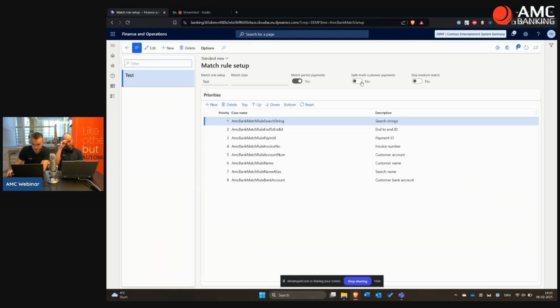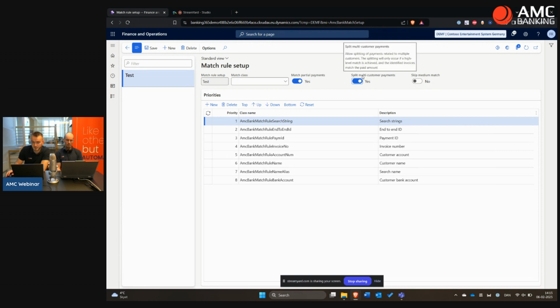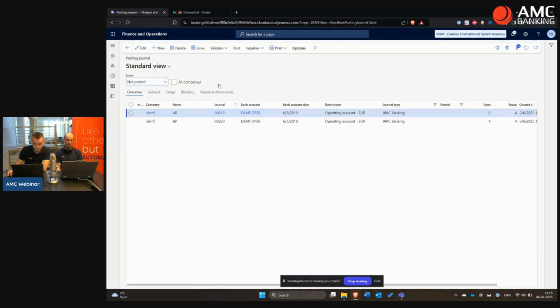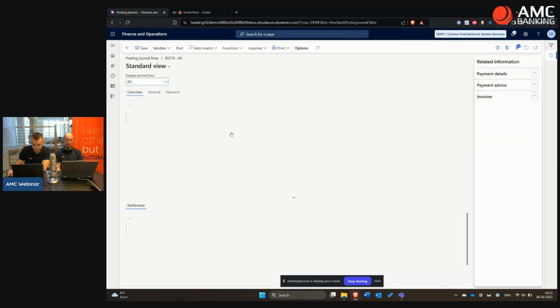And we have another one called split multi-customer payment. So what is the scenario here, and who is it relevant for? It is relevant if you receive a payment on behalf of another customer. So if we go back to our posting journal here, I just turn this on. Check out